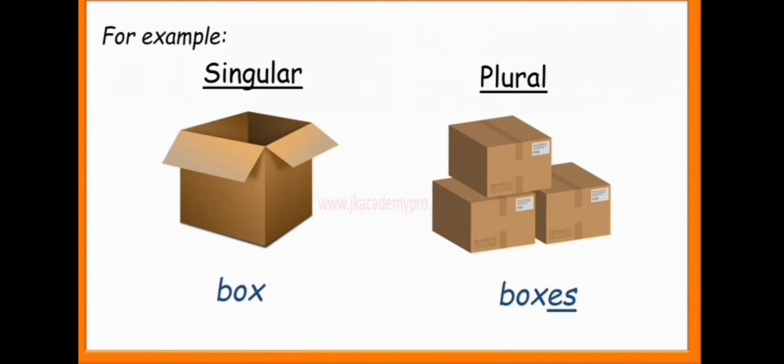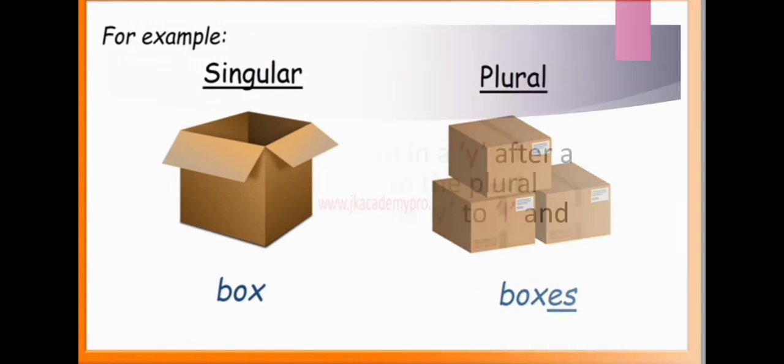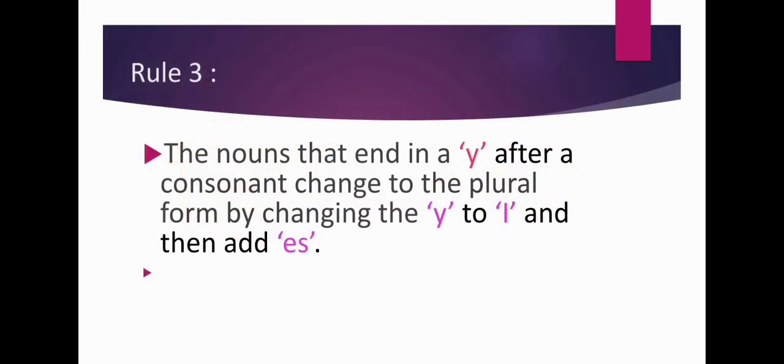Children, now I hope you all remember about consonants and vowels. Yes, the letters A, E, I, O, U are vowels, and all the other letters are called consonants. I know you are thinking, why is the teacher talking about this? But this is actually helpful for our next rule. Let's see rule number 3.